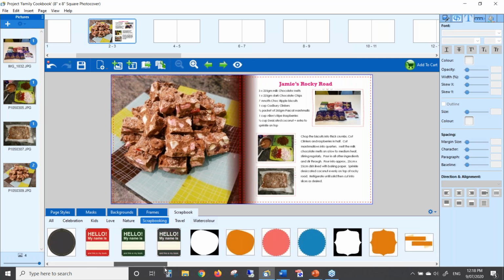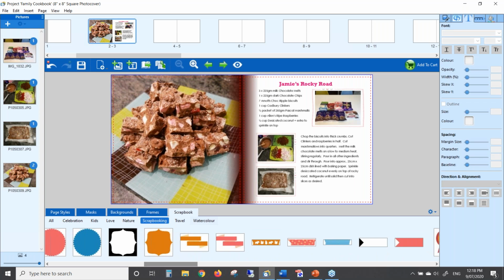One just happens to work with this recipe because it is pink, which I'll show you. So I might add this one down here. I'll just make it a bit lower. And I just want to put the heading again of what it is. So I can add a text box, and we'll just move it down to there. And whoops, it doesn't like it because I'm going too close to the edge, so it keeps moving it up again for me. And I'm just going to write in there